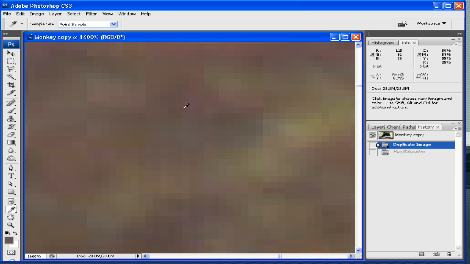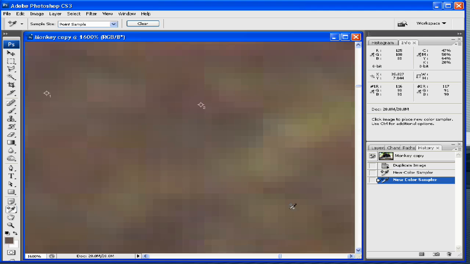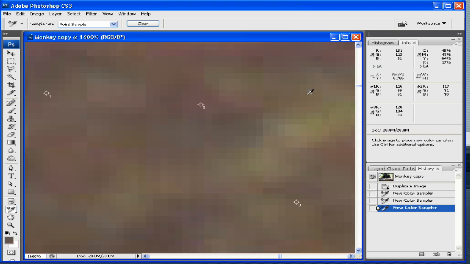If this image had a lot of noise, especially red and blue noise, or red and green noise, you could be picking up stray pixels here or there, and the value that you're looking at in your info palette might be off a little bit. One more thing about the eyedropper is there's a color sample tool that allows you to lay points down, so that you could keep the